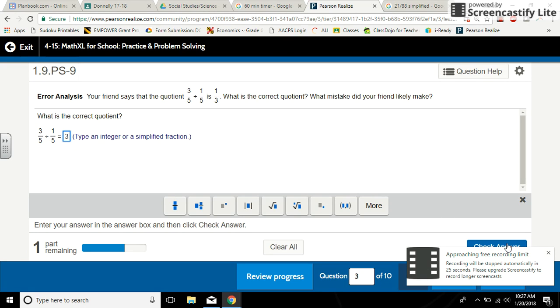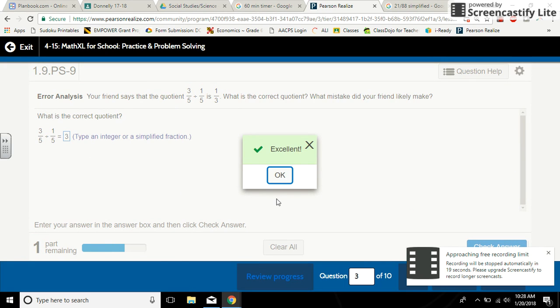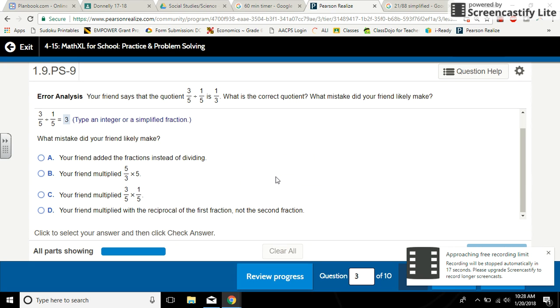So again, I'm close to my recording limit. So you check your answer. It'll just check the quotient, but you should try and think about what the mistake is there. Okay. Oh, so here's the mistake your friend likely made. Multiply 3/5. So 3 times 1, 3/5. Added the fractions. 4/10 now. Multiply the reciprocal of the first fraction, 5